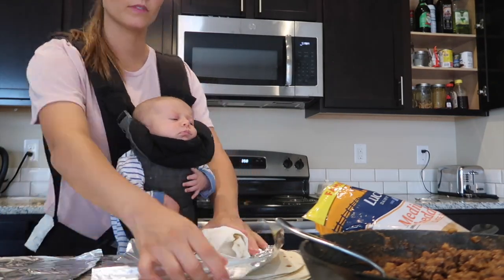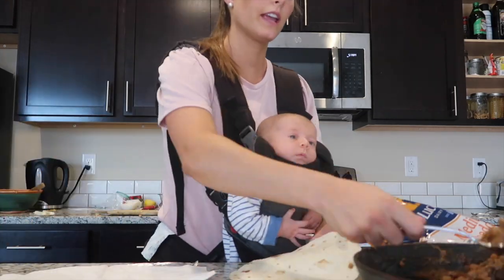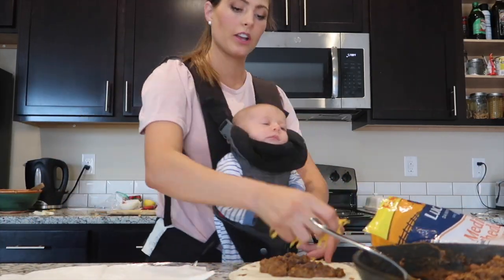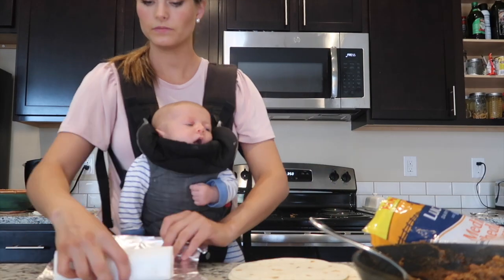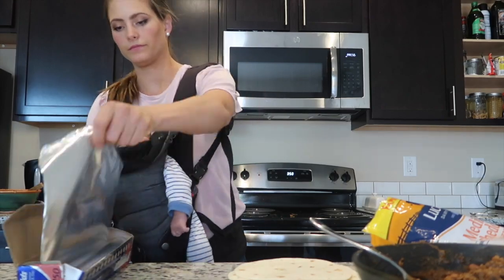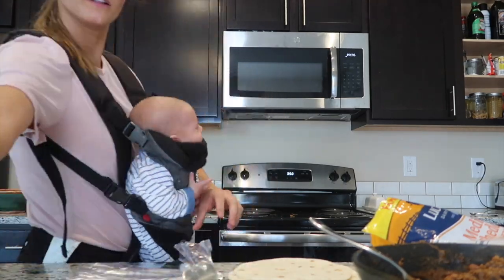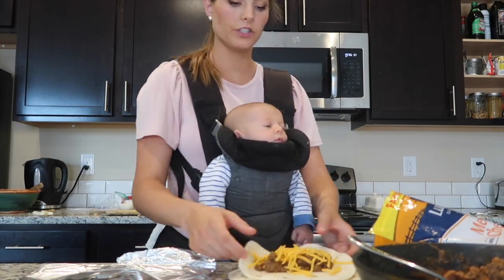But you're gonna just wrap these brown bag burritos in a napkin. Okay, no, you're gonna wrap them in a paper towel. Paper towels work way better. I wrapped mine here in napkins because I didn't have paper towels, but they do kind of stick to the burrito when you're pulling them apart, and you have to make sure you get all the napkin off. So paper towels would definitely work better, but what you're gonna do is just put the cheese on top of